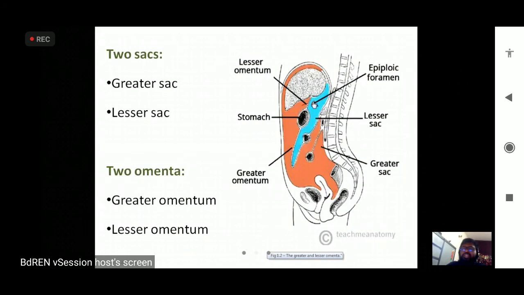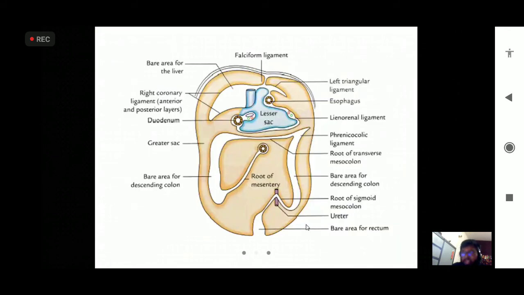But you see from these figures, the greater sac is in front of the stomach, and it is covering actually almost all the areas of the abdominal cavity. But the lesser sac is behind the stomach, right? এই দেখো ছবিতেই দেখা যাচ্ছে এখানে থাকছে, এবং এইটুকু শুধুমাত্র, only this part is the lesser sac, that's why it is called lesser sac. And এই greater sac কেমন করে তৈরি হয় I will be telling you।